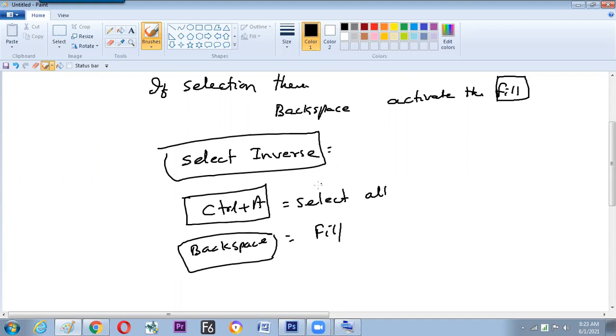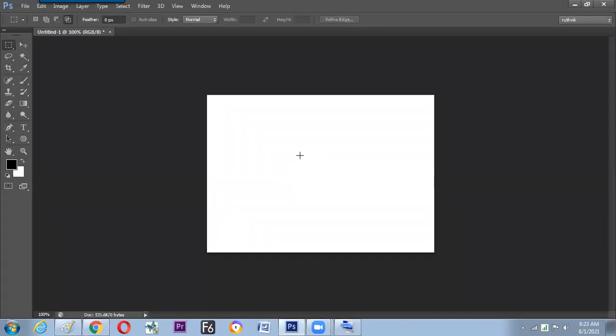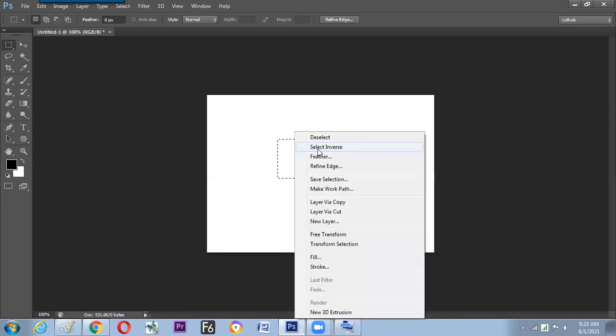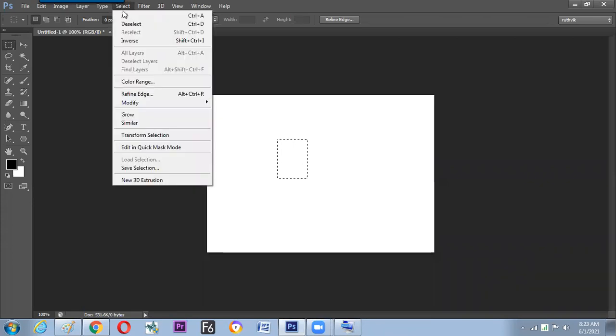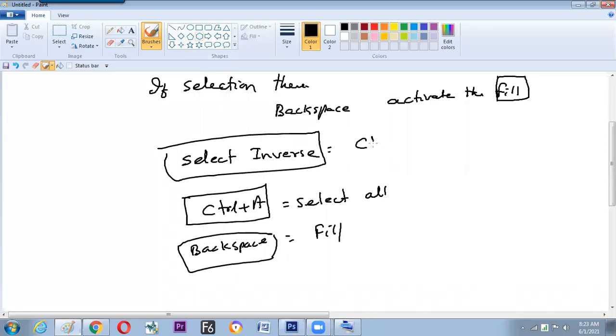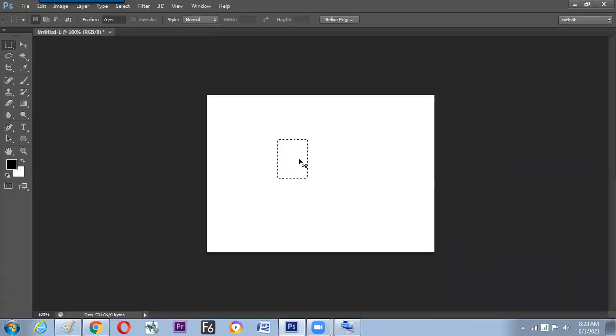And now to be learned. What is the keyboard shortcut for select inverse? Yes. Anything we are doing, there are two ways of getting the job done. One, manual method, and two, professional method. Select inverse, we find the option here, but anything related to selection will be inside the Select menu. And here you can find an option, Control Shift I, the next keyboard shortcut. Ctrl plus Shift plus I, select inverse, which makes the job done within a fraction of a second. No need to right click, select inverse, and just go for the option called intersect.